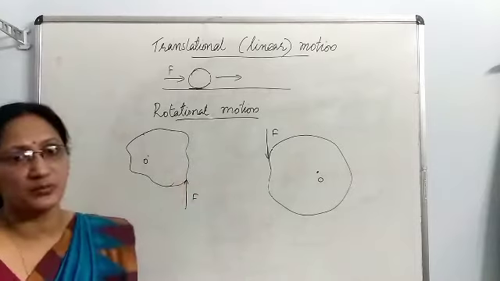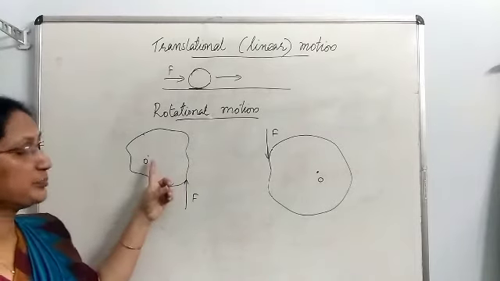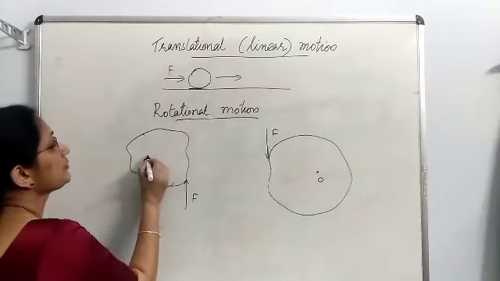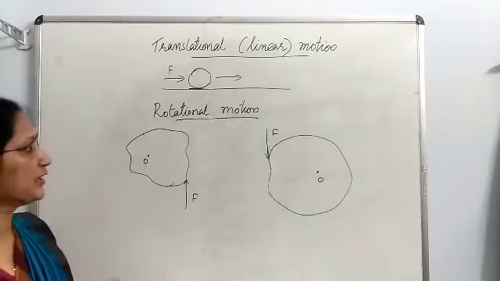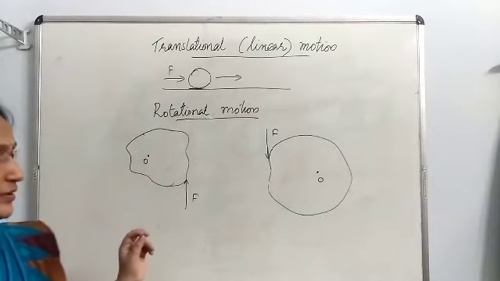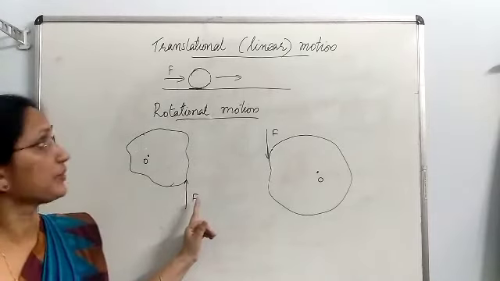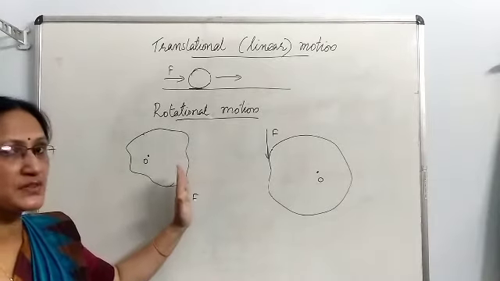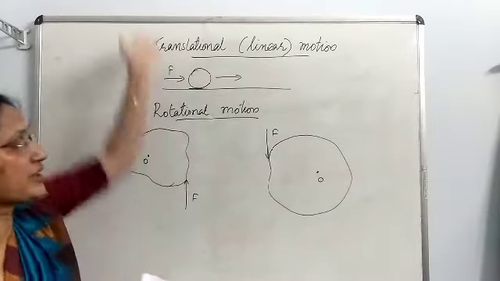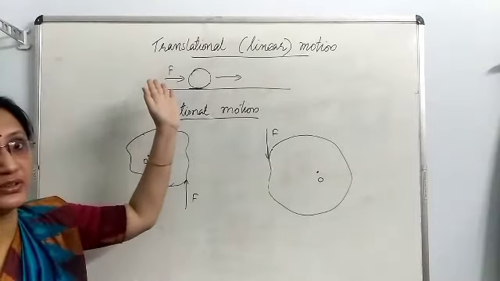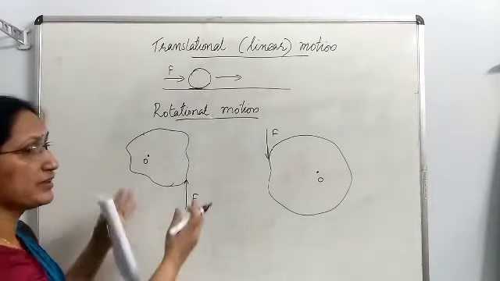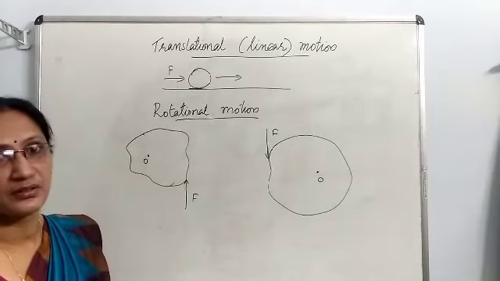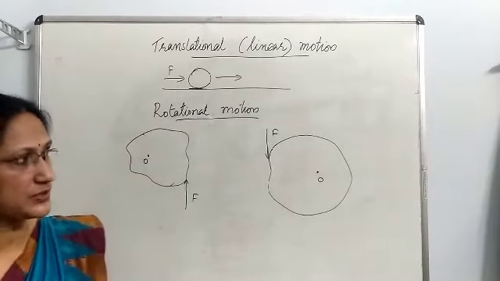Next one, rotational motion. Consider a pivoted body. Pivoted body means this body is pivoted or fixed at a point. Then on such bodies, if you apply the force, for example, look at this diagram. If you apply some force, the body will not make any linear motion. It will not go upward. Instead, the body will turn. It will rotate. This is known as rotational motion.